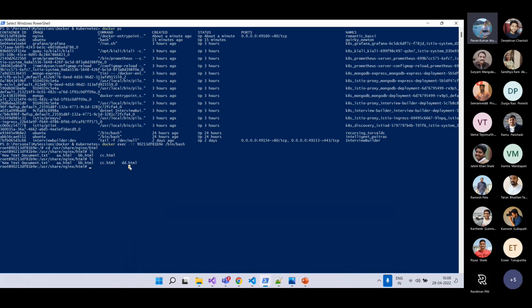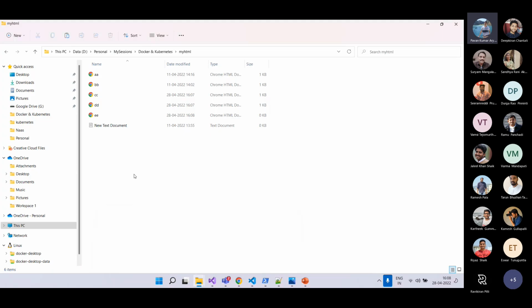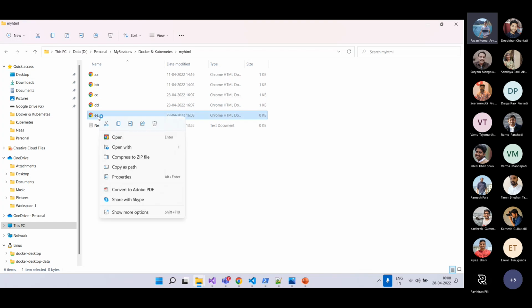In the same way, if I create another file here, I'm inside this Ubuntu container, let's assume it as an Ubuntu VM or something like that. Let me create a file over here, e.html. So you'll see the same HTML file even on our machine. So if I add something over here,